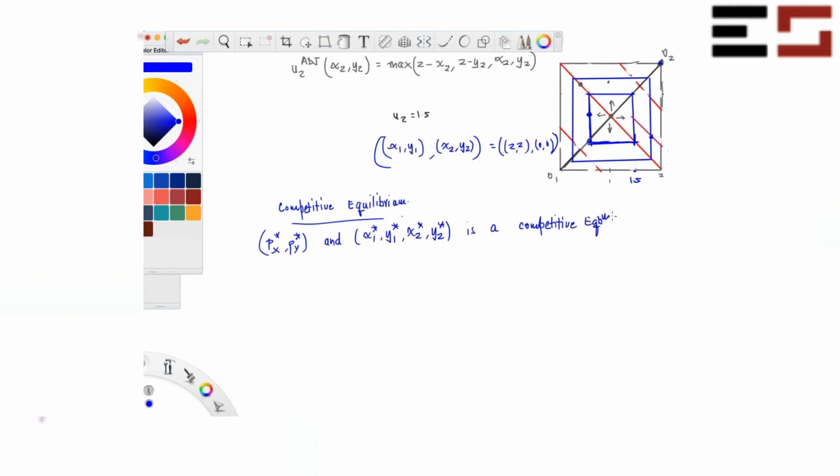So this is the competitive equilibrium prices, and this is the competitive equilibrium allocation. This pair is known as a competitive equilibrium if, first, consumers are price takers. So given px star, py star,